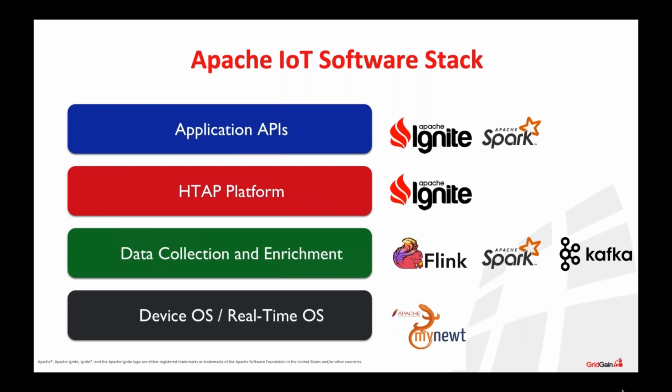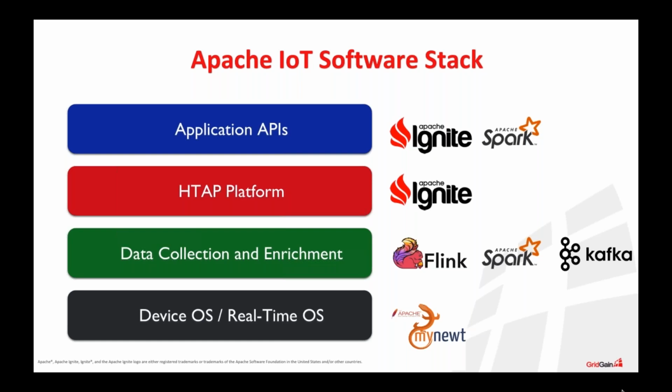Starting from the bottom, as a real-time operating system for your constrained edge devices, you can consider Apache Mynewt, which is one of the newest projects that joined the big family of Apache Software Foundation. I will give a brief overview of this product in a minute. Next, Apache Mynewt is going to be deployed on your hardware, and is going to transfer all the data to the next layer, which we name the data collection and enrichment layer.